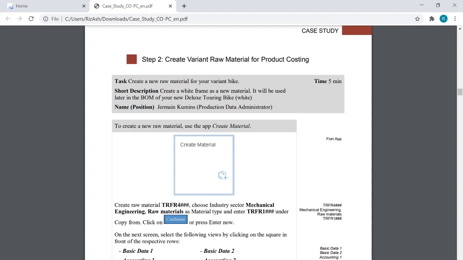It should also be noted that there will be different BOMs for different variants. Like the white bike might have a different BOM, and the black bike might have a different BOM depending on the color of the parts and other variants as well. Like if you are making a car and there is a Corolla GLI and a Corolla Altis, and there might be another variant as well like XLI.